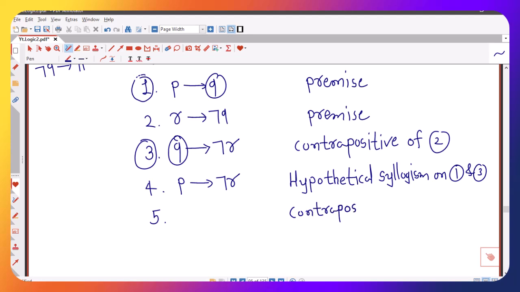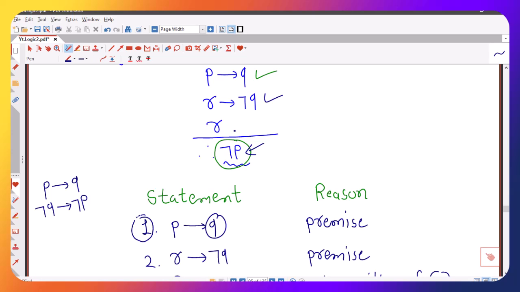The reason is the contrapositive of statement 4, and the contrapositive of P implies negation R is negation of negation R, that is R implies negation of P. So now I obtain R implies negation P, and I have not used this premise yet, so now